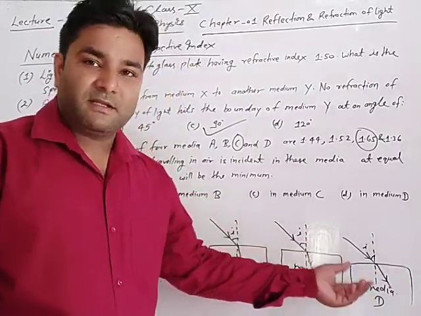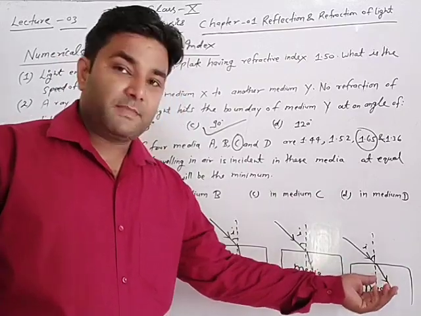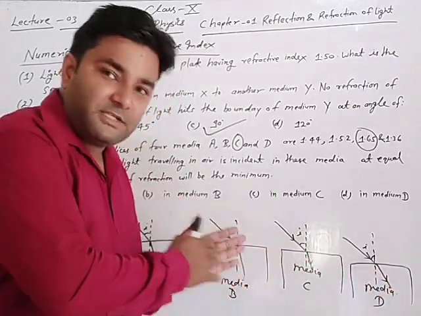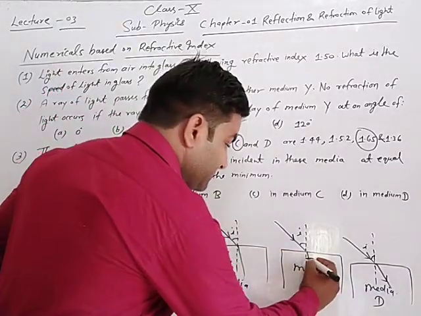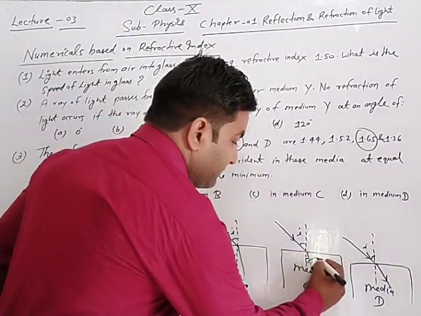It means the angle of refraction will be maximum there. Maximum deviation towards the normal means the angle of refraction in medium C will be